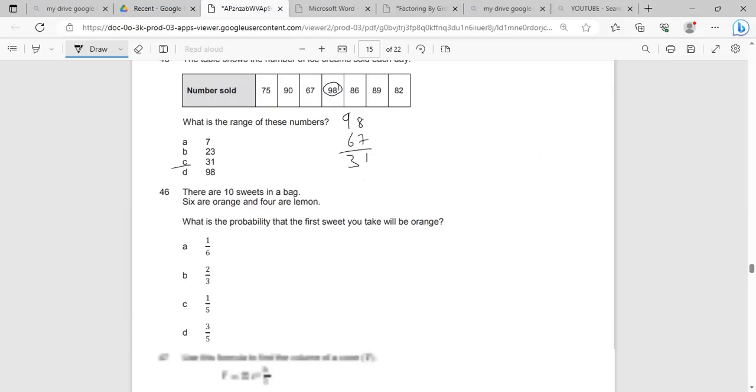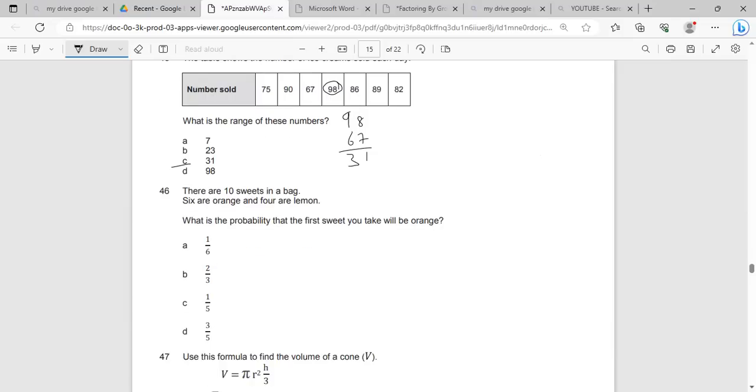There are 10 sweets in a bag, 6 are orange and 4 are lemon. What's the probability the first sweet you take out is orange? So first of all, 10 sweets in a bag, orange are 6, so it's going to be 6 over 10, which